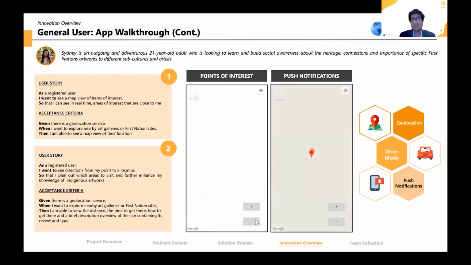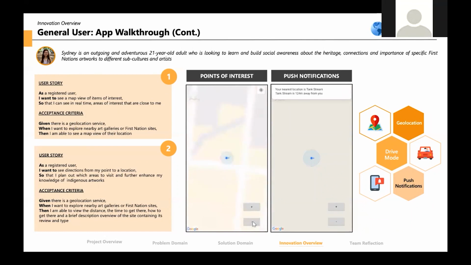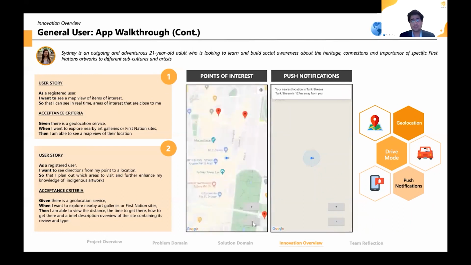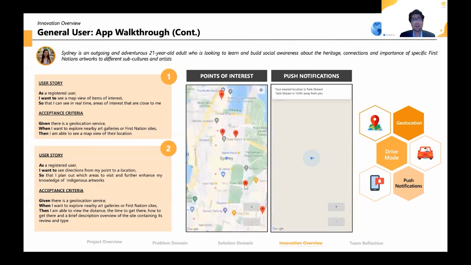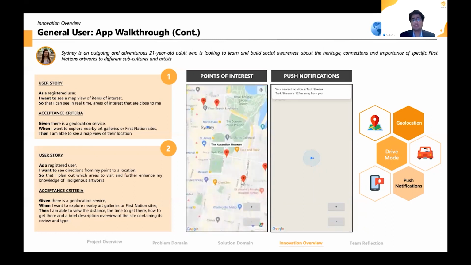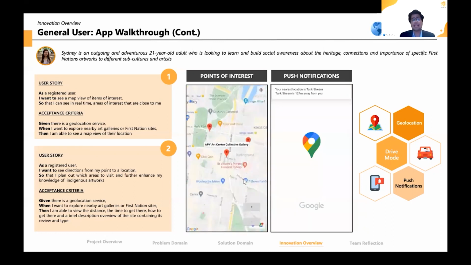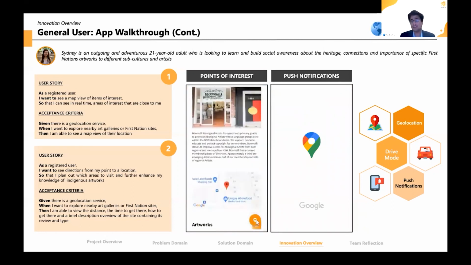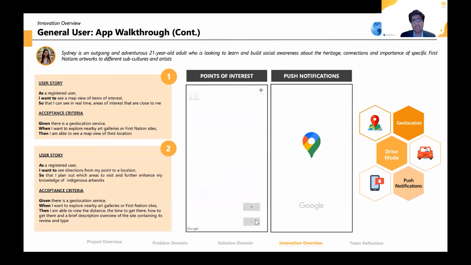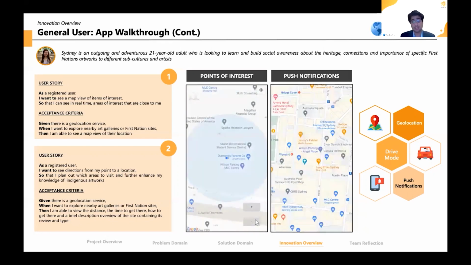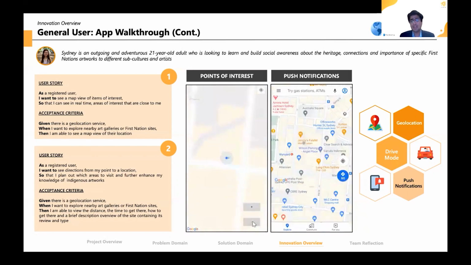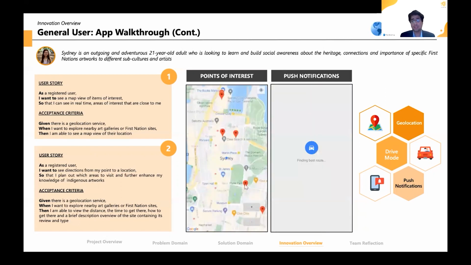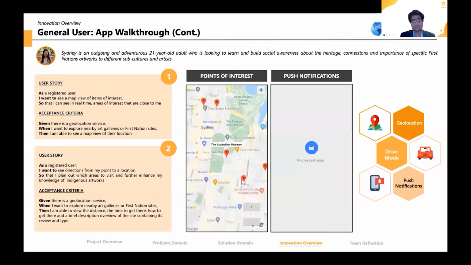A Google Map view is embedded within the gallery details containing the location of my selected gallery. But when I click on the floating icon, I receive a push notification on the closest hotspot. By zooming in and out, I can see nearby galleries as having specific points of interest help regenerate knowledge of areas. Clicking on the navigation icon will direct me from my current location to the gallery, allowing me to continue my discovery and learning of Indigenous culture and artwork offline.